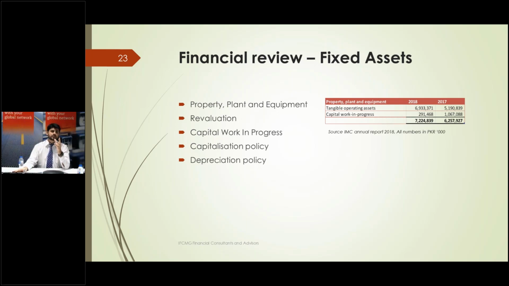The last thing we need to consider is the depreciation policy. Is the company using a straight line method or a reducing balance method? That directly impacts the company's numbers in accordance with its policy, because the reducing balance method, as you may be aware, takes a huge chunk of the cost initially, and then in subsequent years it reduces lower and lower till the number becomes negligible. The straight line method, however, takes it in a smooth manner, and every year the same number hits the company's financials.